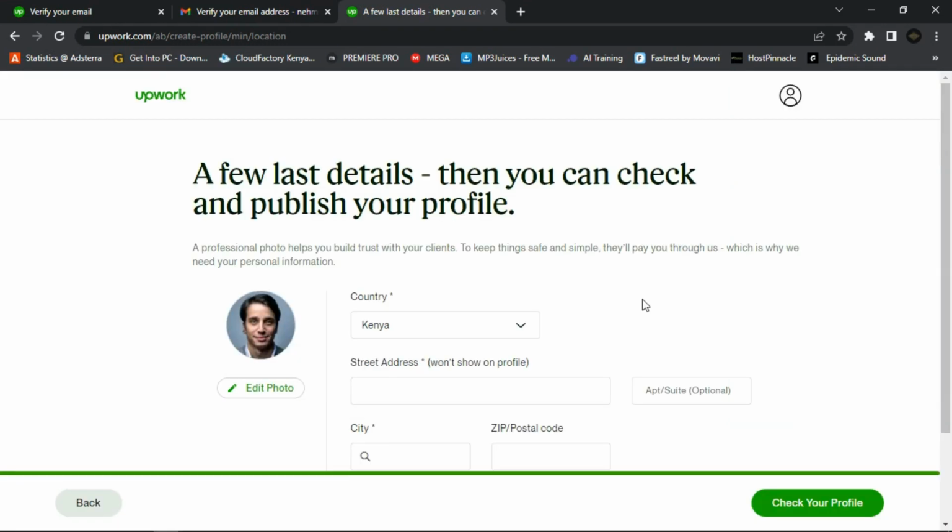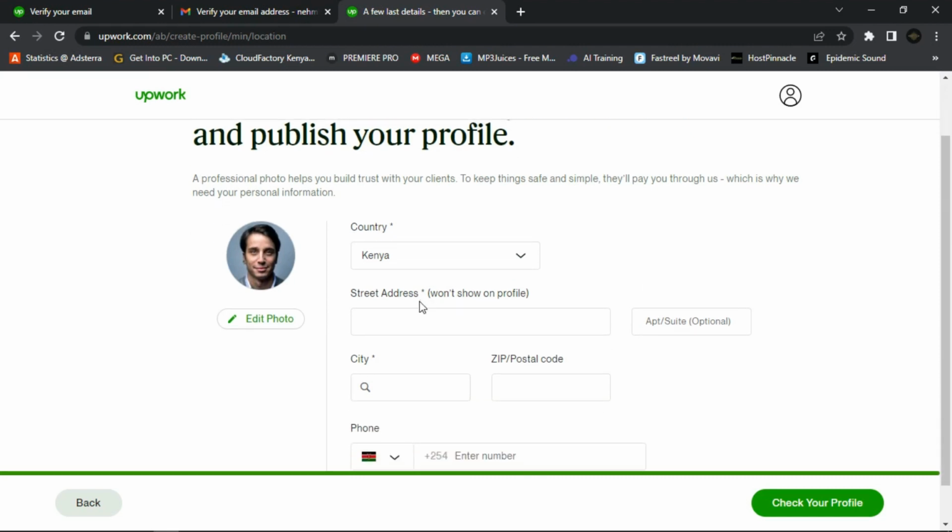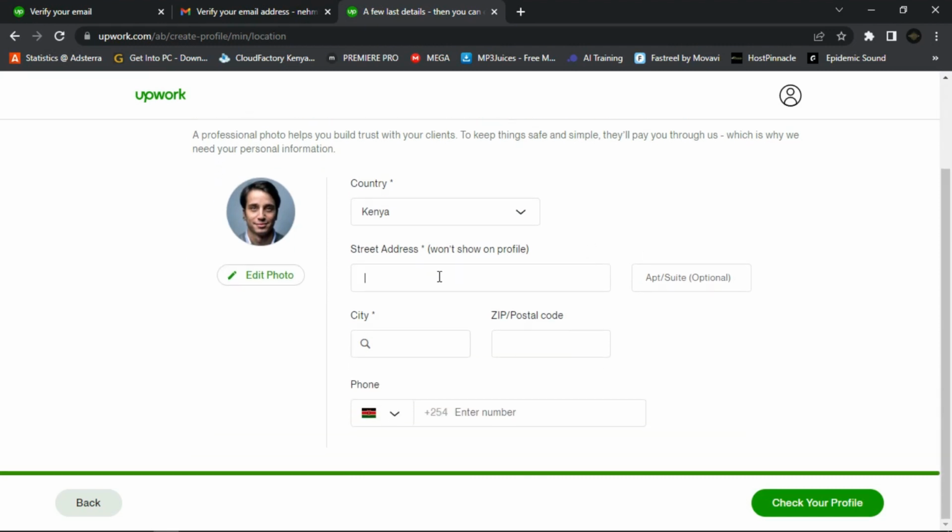Okay, so once you are done with uploading your photo, then you're going to select your location here, like the street address. Let me choose Loresho Springs, or let me just say Nairobi. Nairobi here.